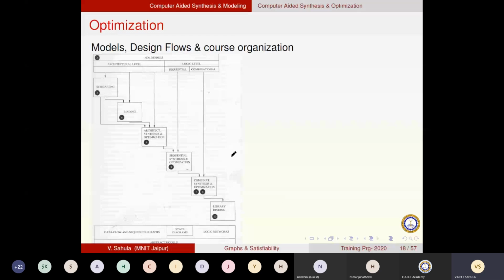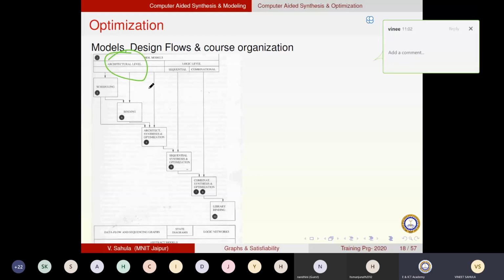So this is a graph showing you what is involved in architecture level synthesis, right? This involves the DFG scheduled, DFG bound, then it is converted into RTL. A DFG gets converted into RTL, the register connections, the ALU connections, and we replace those registers and ALUs with gates, right? So we have a sequential circuit that is called logic level synthesis. All that we achieve here is converted into gates, sequential or logical, fine.